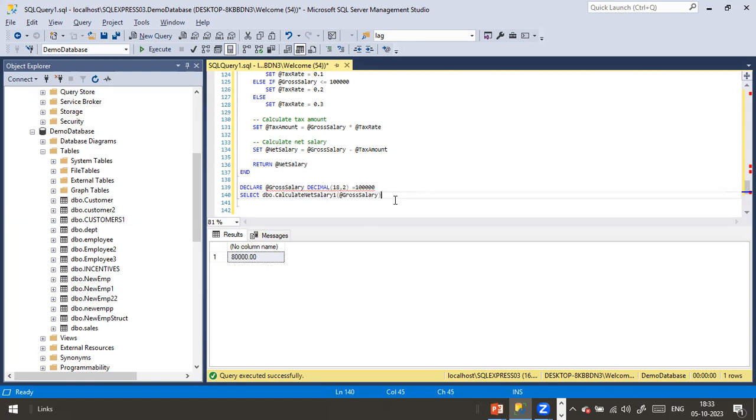You can call a stored procedure inside another stored procedure, and from a trigger. Same way for the stored function: you can make it part of another function, use it as part of your stored procedure, and triggers can also use the stored function. These are the differences between the stored procedure and stored function. So this wraps up